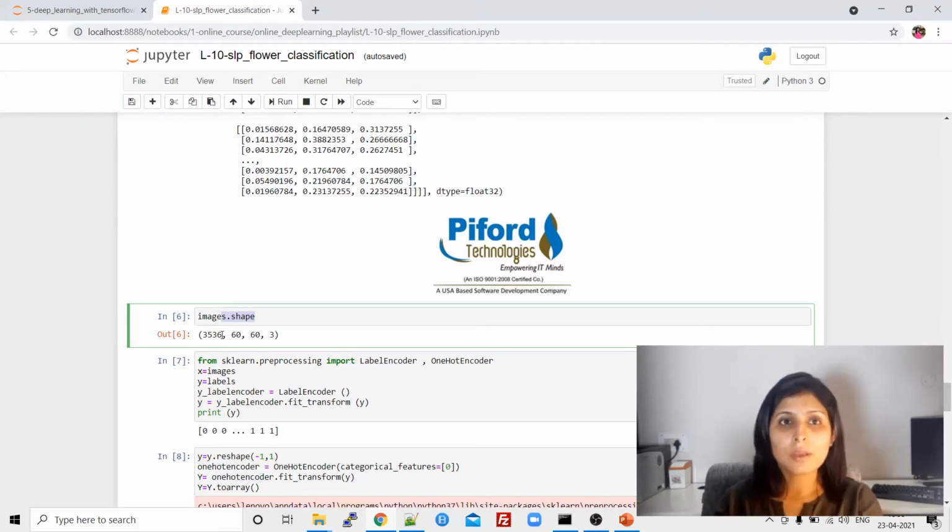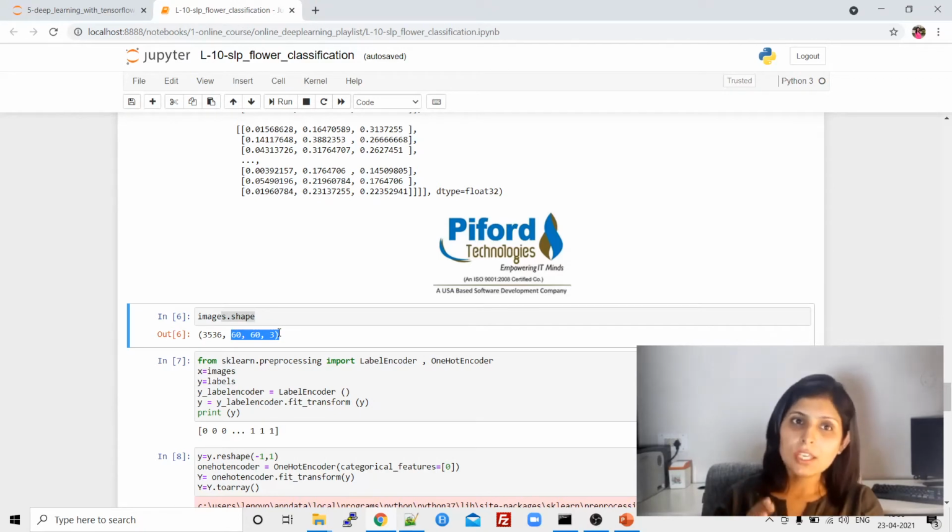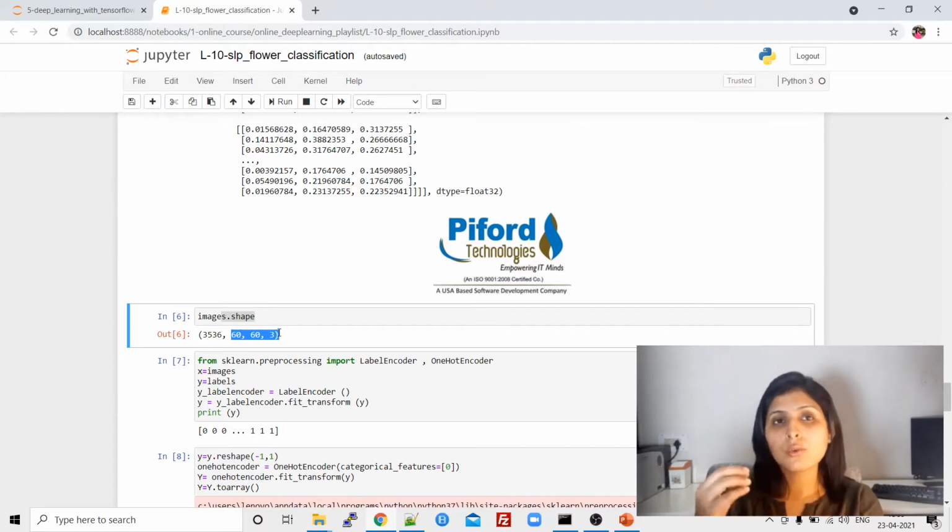The total number of images in our dataset is 3536, and the size of images is 60 by 60. This is the resized image size, right? And 3 means all those images are colored images. So we have performed the image pre-processing, right? Now we can give those images to our algorithm for training.